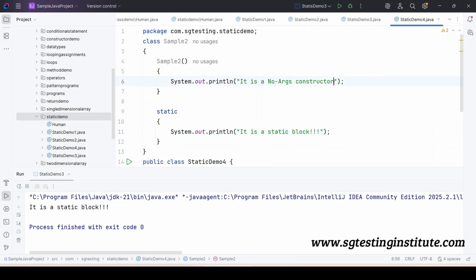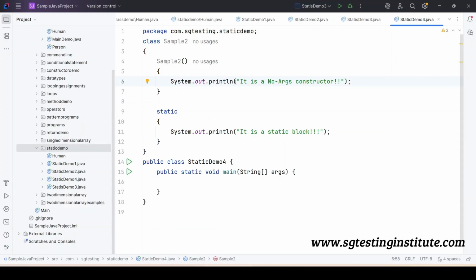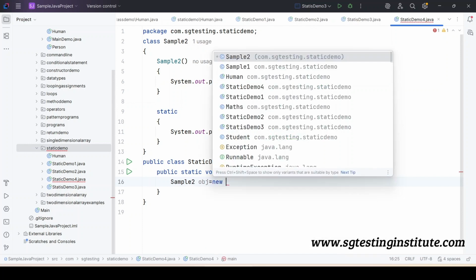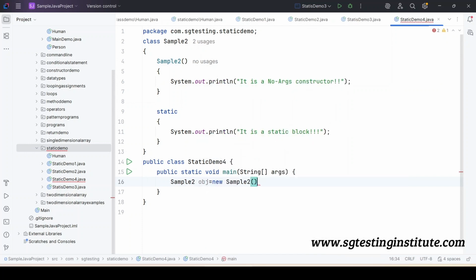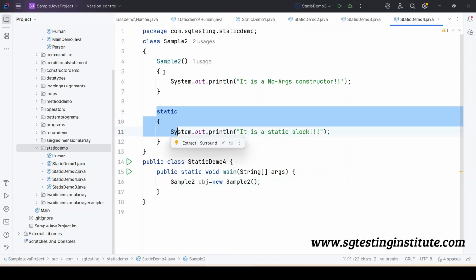So in this case, as soon as we create an object, which one will execute first? obj is equal to new sample2. As soon as we execute, first it will run the static block,